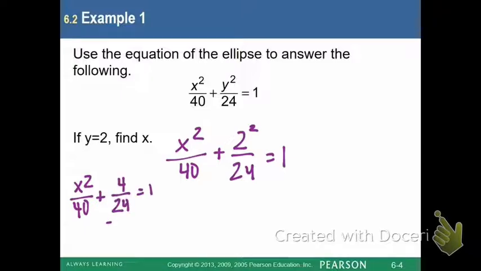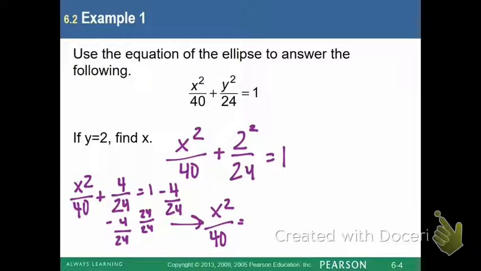I'm going to go ahead and subtract my fraction. So I have x squared over 40 equals, again I can go ahead and change that to 24 over 24, subtract the 4, which would give me 20 over 24,